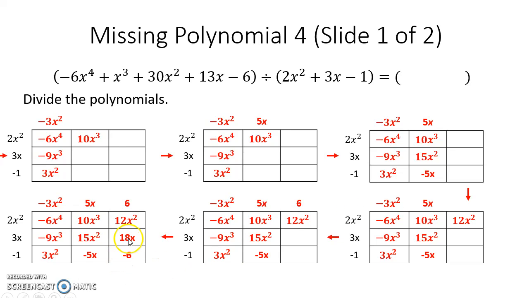And we should always double check. We haven't checked the x's yet, but if we add them, we get 13x. And our last box gives us negative 6. So we should always check these to make sure that they are what they're supposed to be. If not, and we'll find out on Monday what happens, and what we have to